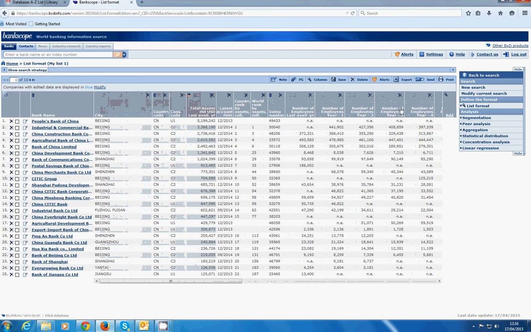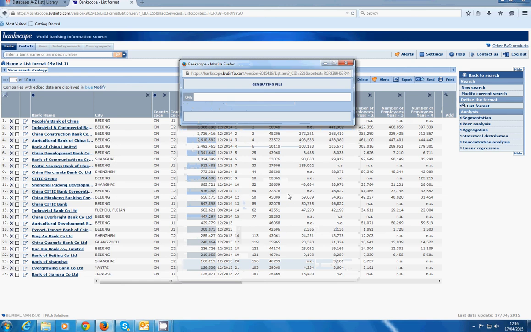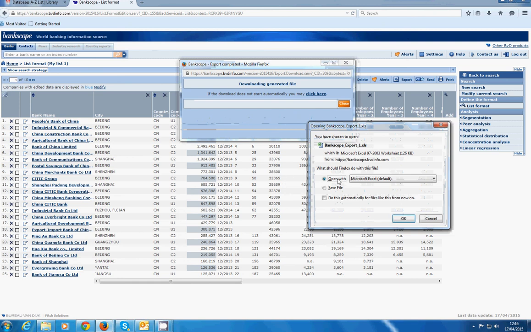If we then go to export, we can export to Excel. We get the list of banks. This is for China, all banks in China, and we choose a name for the file to be exported. We click on OK, and that generates a file in Excel that we will in a moment be able to download. So we can open this as an Excel file,